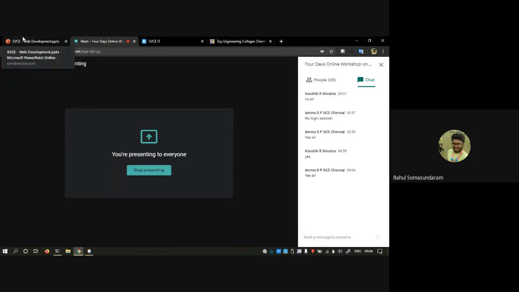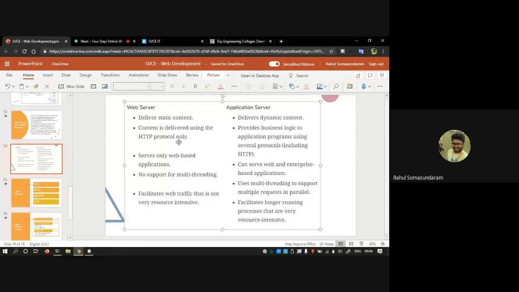Yeah, thank you. As you can see, the second point: both the contents are delivered using the HTTP protocol only, but it will consist of some business logic. What does business logic mean? When you are designing a web application for your library management system, I think SVC students might have used it. You have an online portal for college book renewals, right?